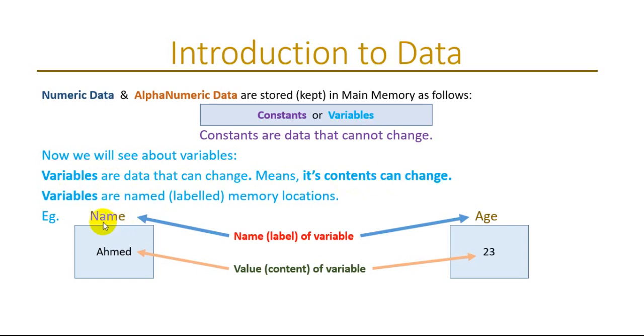Okay, we are not talking about the name, the label. The label will always be whatever you give here. In this case it's name, that won't change. What we are talking about here as change is the content. This content can change. Okay, same way the variable name here is age. The label age won't change. The content 23 can change to any other number, 25 or 34 or -3 or -29 or whatever, and that